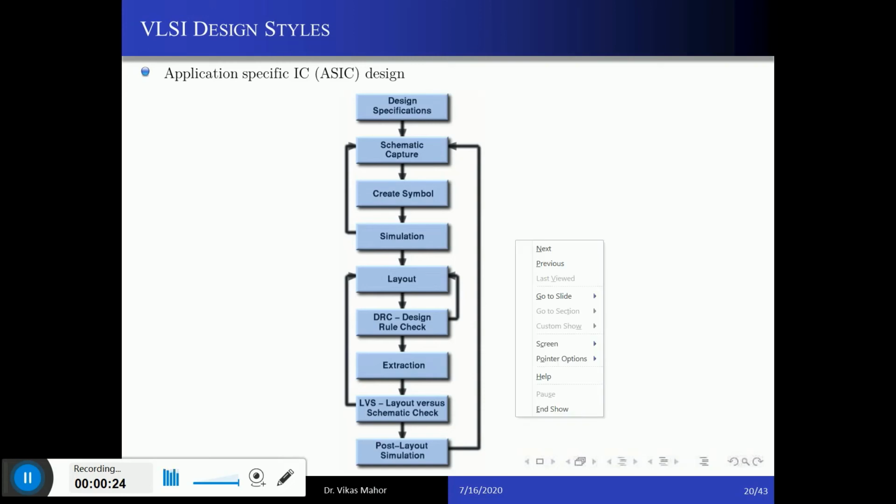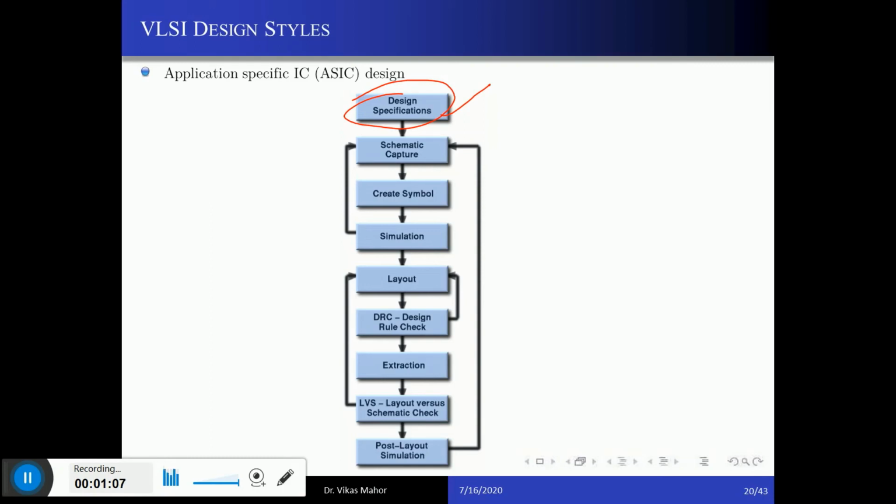Let's see, this is your design specification. What are specifications? Actually when you go to the market to buy any electric equipment, you should know its power dissipation, power consumption, that it is 1 kilowatt. You should know its voltage rating, you should know its current rating, it's 16 ampere or 6 ampere or 5 amperes. Fine. So similarly, before starting any integrated circuit design, you should know the specifications.